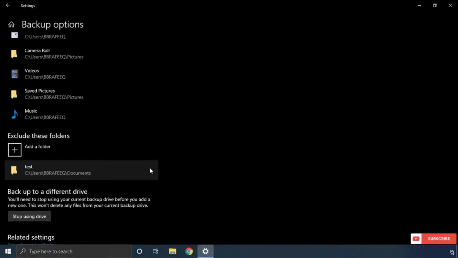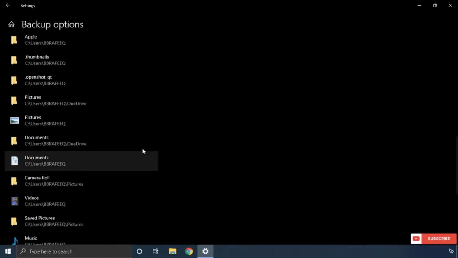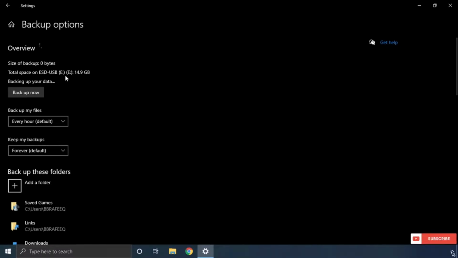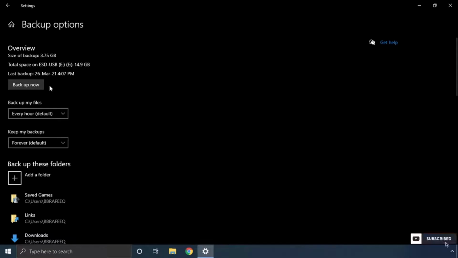Now for starting backup, just go up and click backup now. It will back up your files to your USB drive. Now you can see the backup is complete.